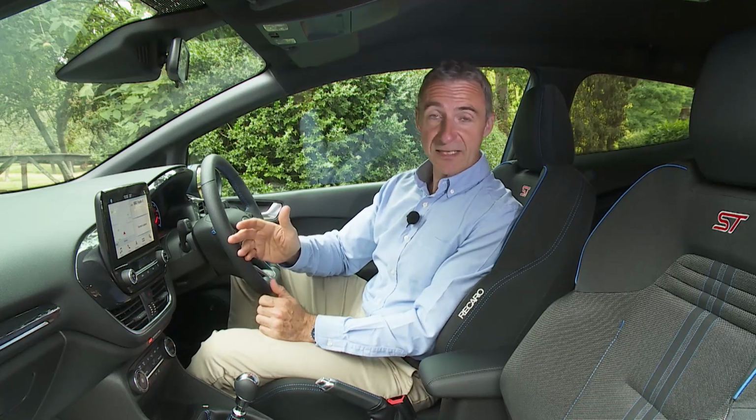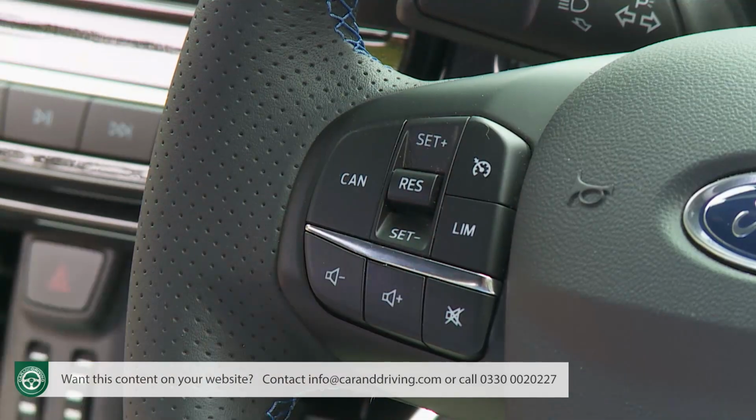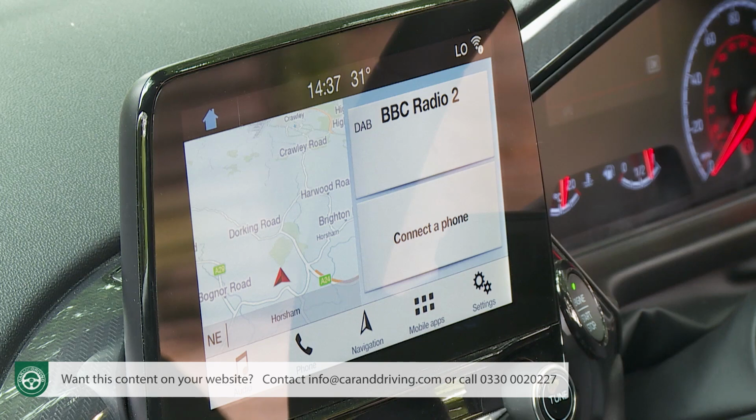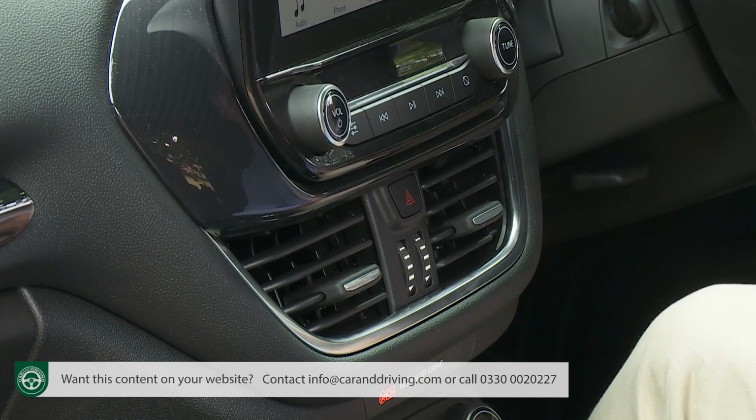Inevitably, there are a few issues, things we'd want Ford to look at for the facelift. There are no roofline grab handles, the cruise control buttons on the steering wheel are a bit fiddly, plus the centre dash touchscreen attracts reflections, and the ventilation vents beneath it freeze your fingers if you linger too long on